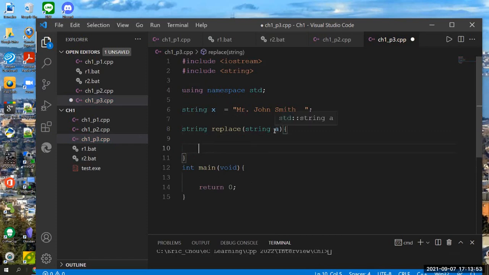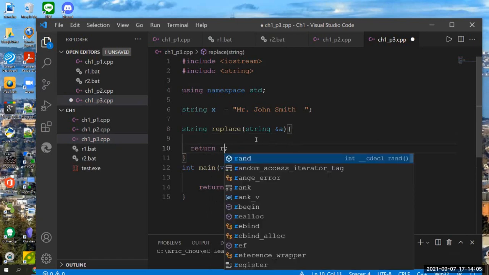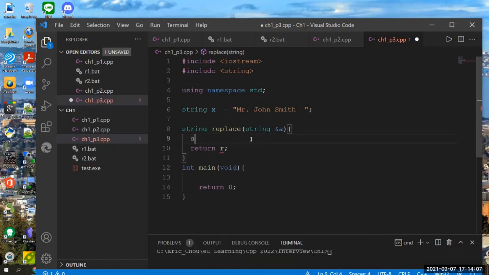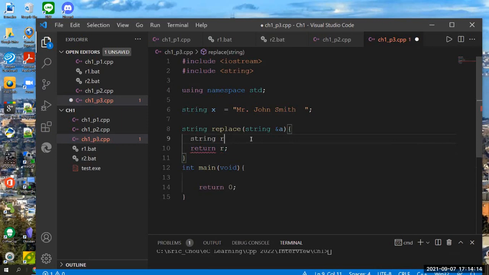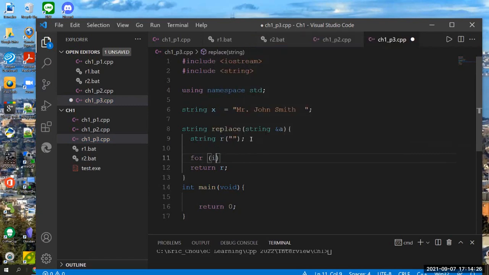Here, let me use an alias. Don't copy. Here I return a string, so here an empty string. Now let's actually do a return R. So here I create a string, this one is R. Let me return actually a string, using an empty string to create it, just in case we don't want to create trouble. So here for integer, actually